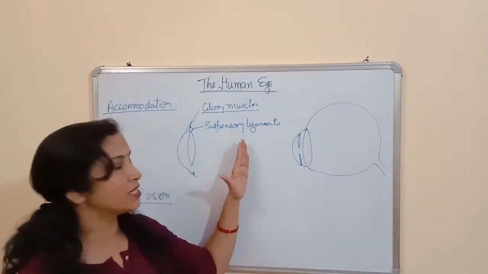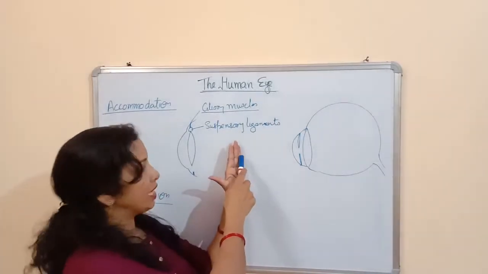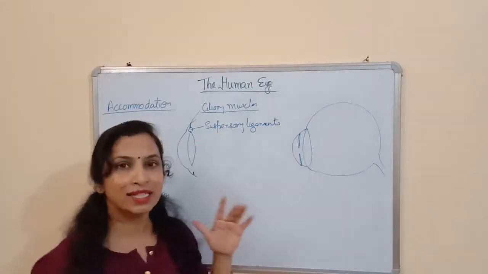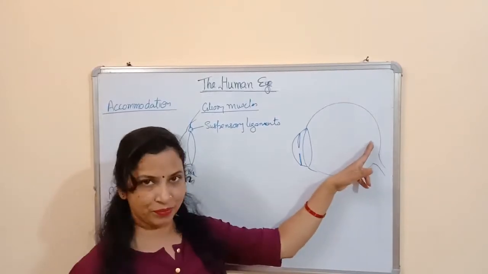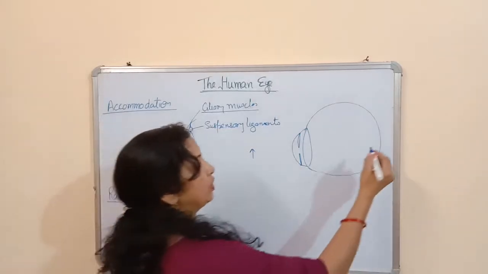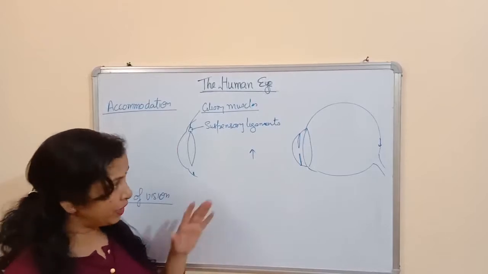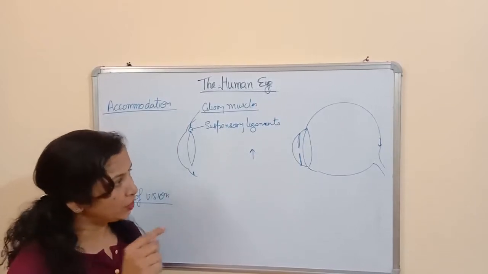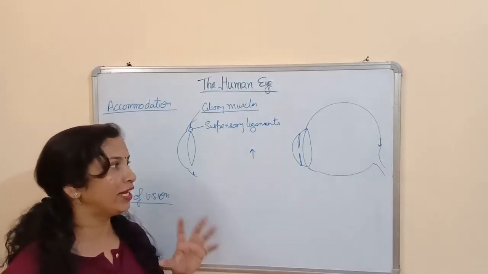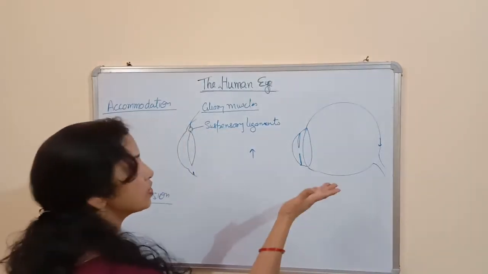Suppose something is present in front of the eye. The light coming from the object enters through the pupil of the eye, and when it passes through this lens, the lens converges the light rays onto the retina. If this is the object, the image is formed here on the retina, which is inverted actually. This message of image formation is carried by the optic nerves in the form of electrical impulses to the brain, and our brain interprets the image as upright. So this was the working of the human eye.